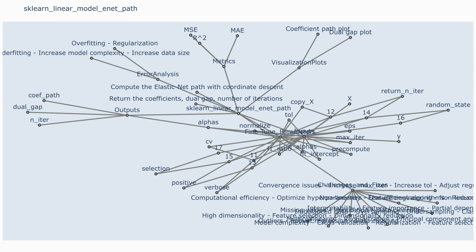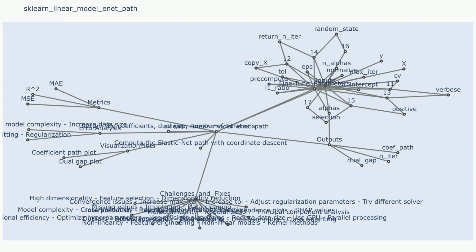YAML. sklearn.linear_model.enet_path. Description. The enet_path function in scikit-learn's linear model module implements the elastic net regularization path. It calculates a sequence of models, each with a different value of the regularization parameter l1_ratio, while keeping the other parameters constant. This allows exploring the trade-off between model complexity, measured by the number of non-zero coefficients, and prediction